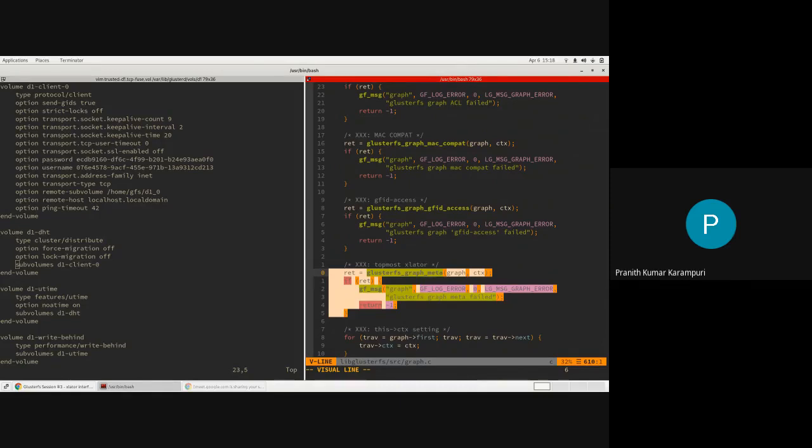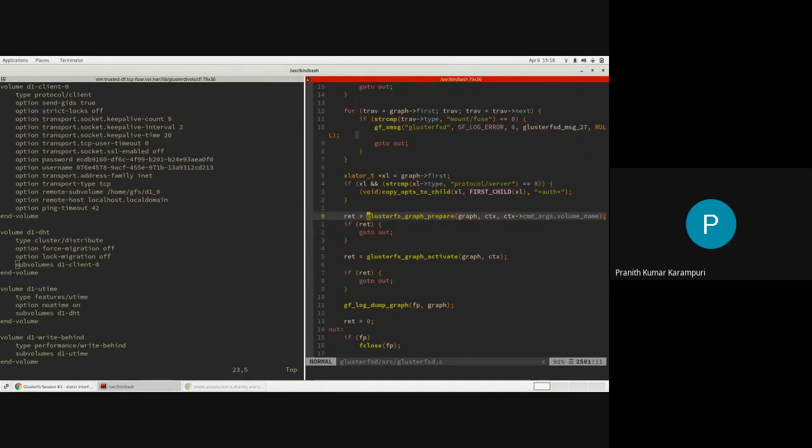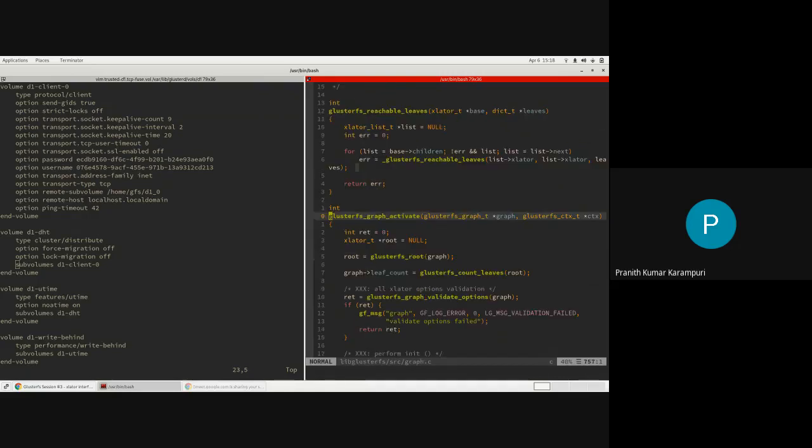Okay. So it will add some more extra translators sometimes, and then it will call something called activate. This is when your process is coming up. There is some option validation that will happen, where each translator will be given these things, and it will do some checks, I guess.